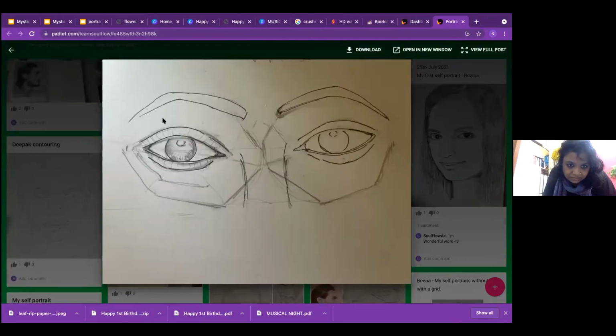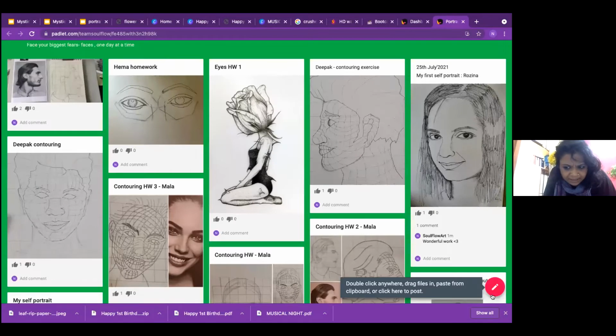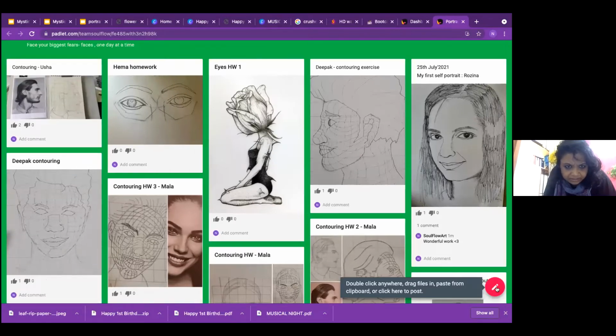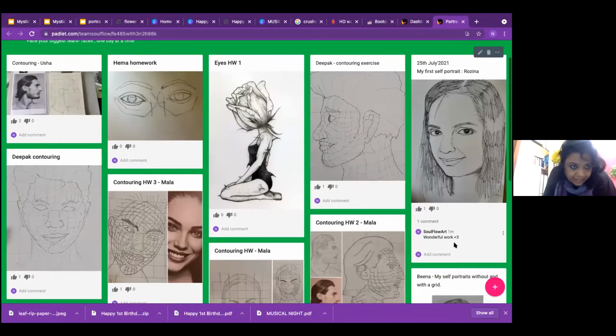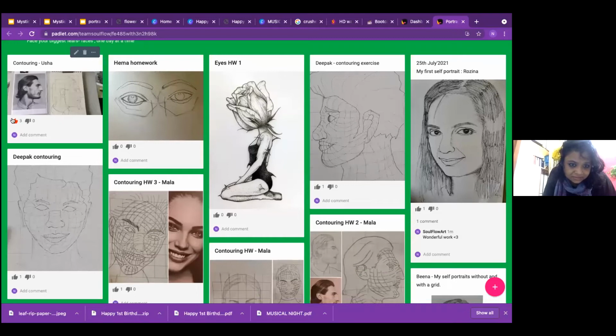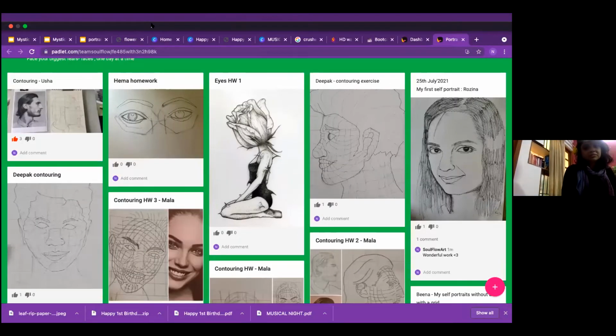So how do I add more photos to this? Just keep on clicking that pink folder and do it. I think I also posted one, Sanchari. Can you see it? Yes, Usha, I can see it. I'm doing it from my mobile, Sanchari. No, I also did it from my mobile, Hema. Yeah. How do I add the other photos?